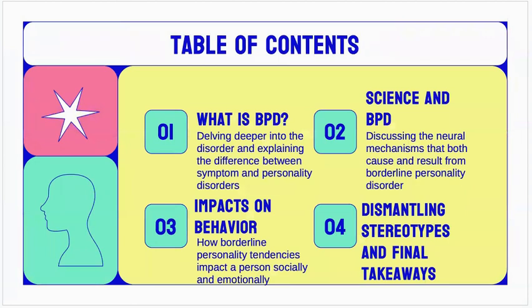Here is my table of contents. Although borderline personality disorder was defined on the last slide, it must also be explained in terms of DSM-5 criteria, and I'm also going to explain the difference between personality and symptom disorders that is essential for proving the complexity of personality disorders. Next, I divided my research into articles that focus more on neurological impacts of borderline personality disorder and behavioral impacts, although these two sections can be very connected, which is cool to see throughout the presentation. Lastly, I will wrap up by talking about the stigma around personality disorders as a whole and also provide some key takeaways before we finish.